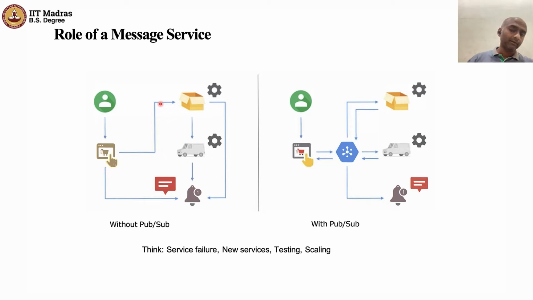Why is that required? Because that allows you to build each of these different capabilities in a way that does not have to worry about how it impacts these other systems. So it introduces a decoupling of these different systems that allows you to independently build and test and scale